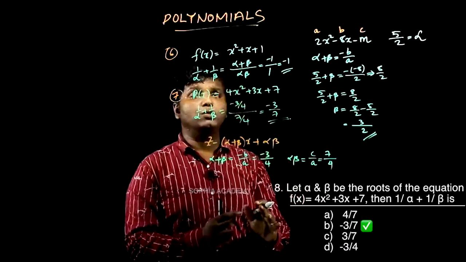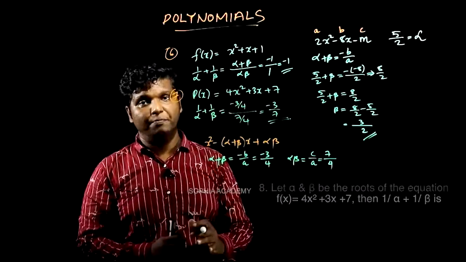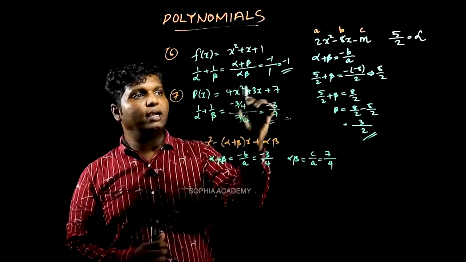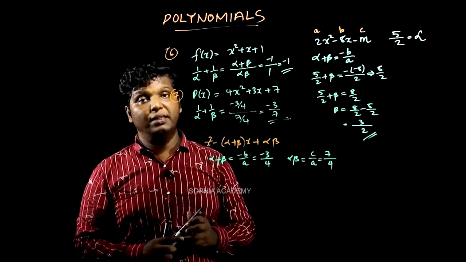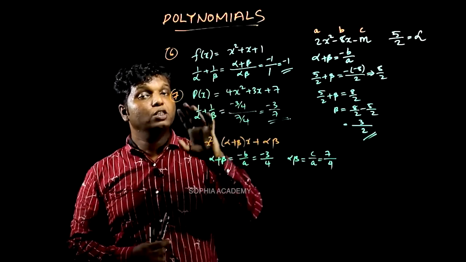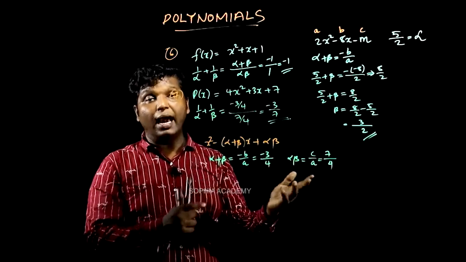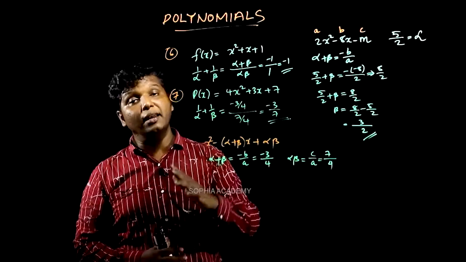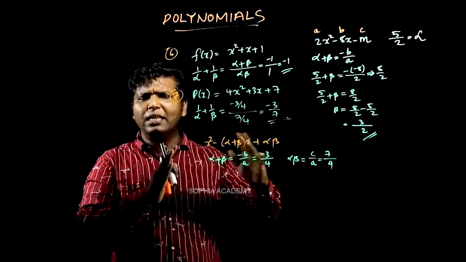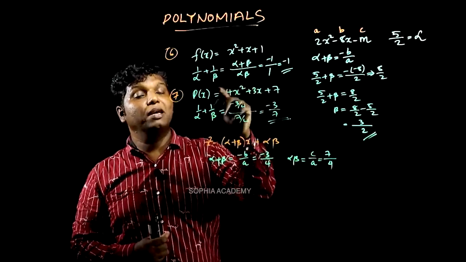The only thing which you have to understand is, when you are getting a question, first of all, you have to focus on that question. When you're focusing on that one, you can understand what the term given there is. See here, in the first one, you have to find 1 by alpha plus 1 by beta. So what did you do? Instead of finding alpha and beta differently and then finding the reciprocals and then adding them together, just leave all those things behind. There is an easier method. What is it? Alpha plus beta by alpha beta.